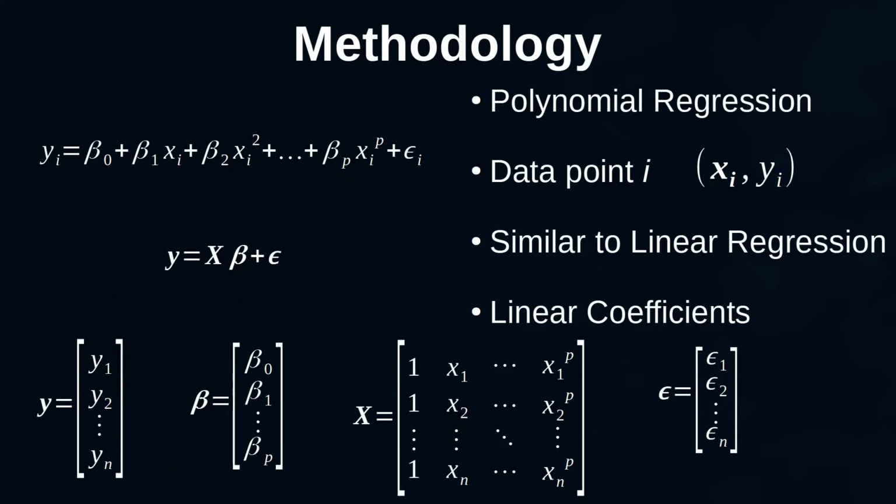We are showing an example where there is a single feature with different exponents. This can be generalized further by adding other features, but overall the math is the same. Note that the equation is still linear in the coefficients. We can summarize all the polynomial terms in the matrix x, and then we can use ordinary least squares to find the vector beta similarly to the linear regression case explained in previous videos.